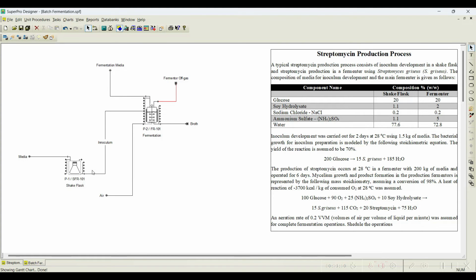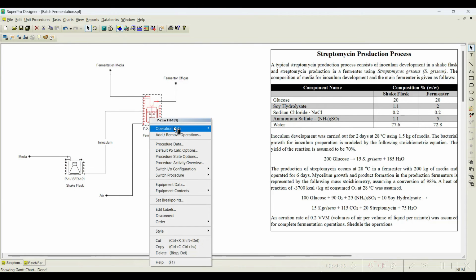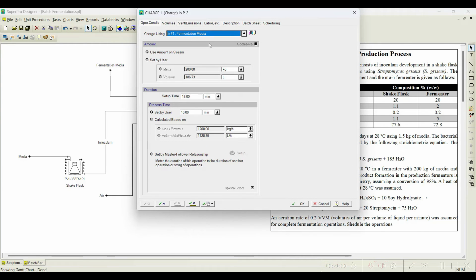In any inoculum case it is fine, because 2 or 3 operations are available. Charge is initiated at time t equal to 0. Once it is charged, the react operation starts. Once the reaction is completed, transfer out starts. So these operations are scheduled one after the other. But in case of the fermenter, when you go to the charge operation, here we know at what rate it is charging,